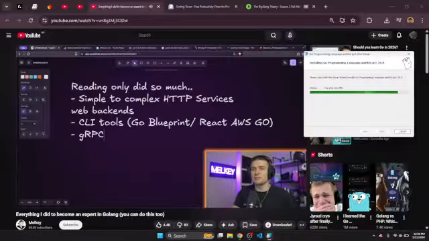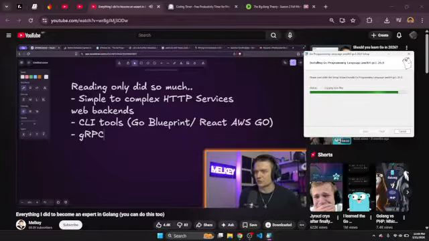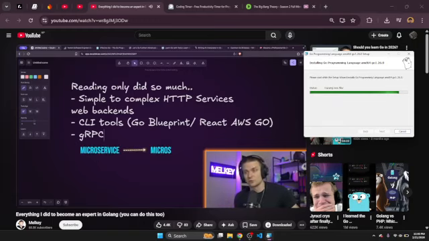The third one was gRPC. You'll notice that you kind of hit this plateau with writing backends for HTTP services in Go. And so I eventually moved into this microservice architecture. And sometimes with microservices, you really rarely do a client interacting with your microservice. And most of the time, you'll have a microservice communicating with another microservice. And so that introduced me to gRPC protocol and allowed me to explore different ways of writing different systems that now interact with